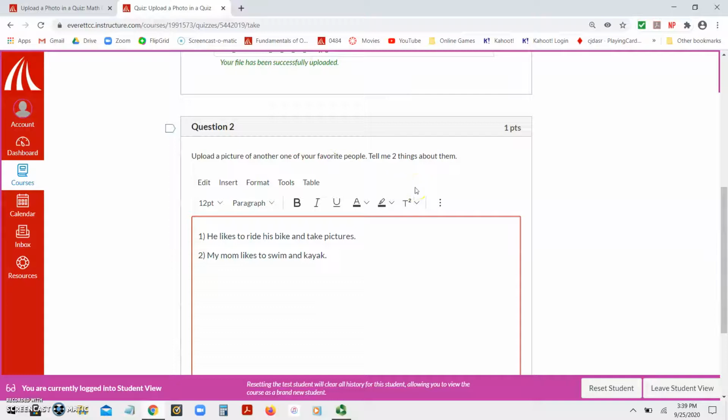If you are looking at it and you don't see an insert button because your Canvas looks a little different, click where you can see more. And right here is for images. This one is for videos. There's all sorts of different things you can upload. So I'm going to click on images,